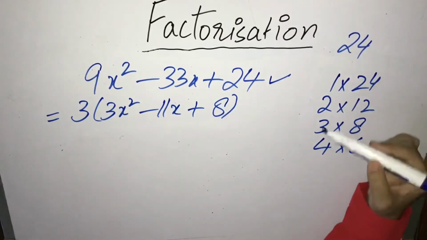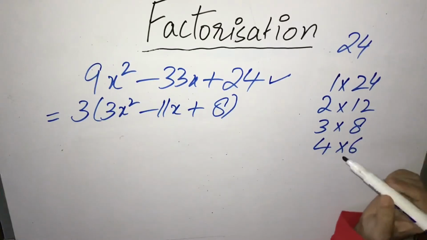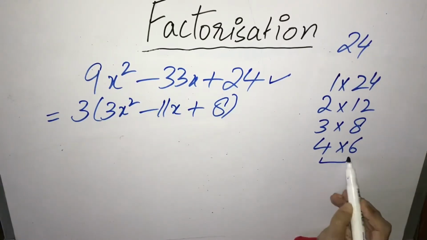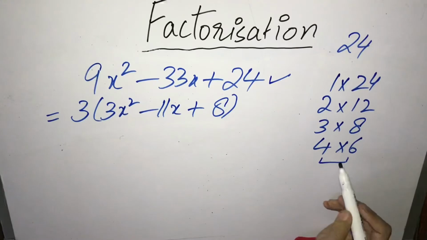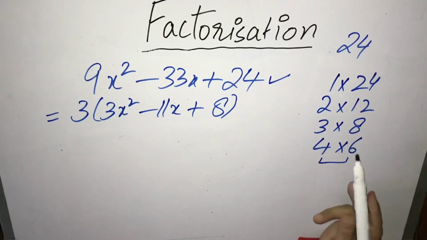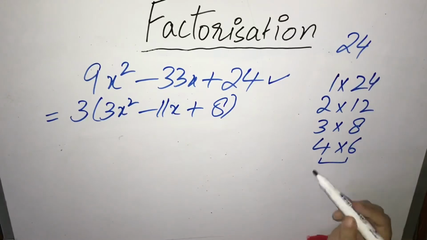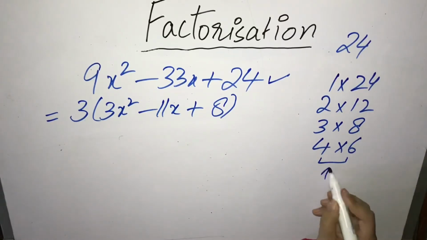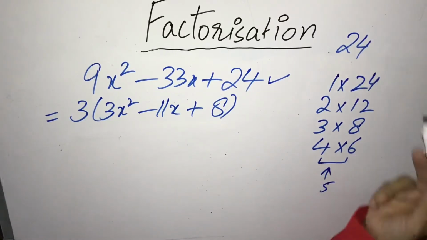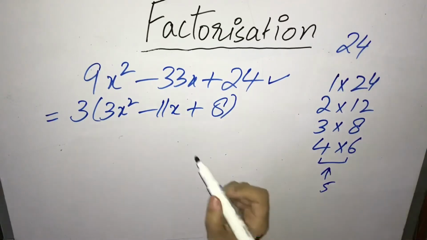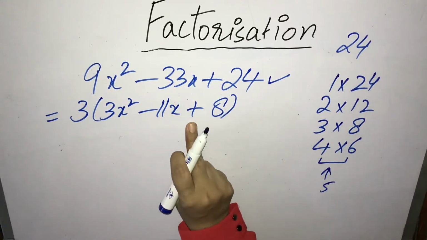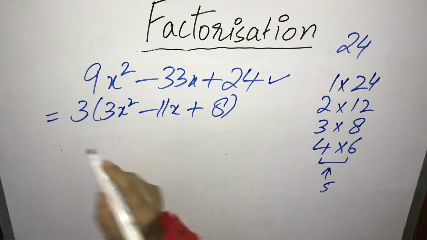As this number increases, this number decreases, and finally we get either no difference or the least difference here, which we can check, which is not the factor of the given number, that is 24. In this difference we only have 5, and in 5's table we don't have 24. Okay, this plus sign shows both factors are same.